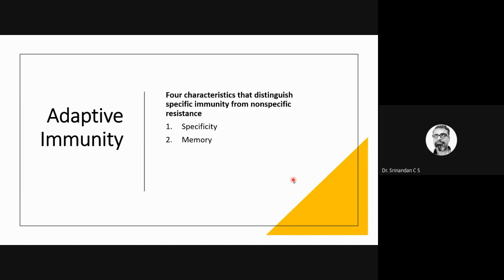This adaptive immune system, they can the molecular pattern what in the previous class we had studied, those molecular patterns will be stored in the memory of this components of the adaptive immune system. And there is a whole lot of diversity. It's a very huge amount of diversity, which I'll tell you later on.